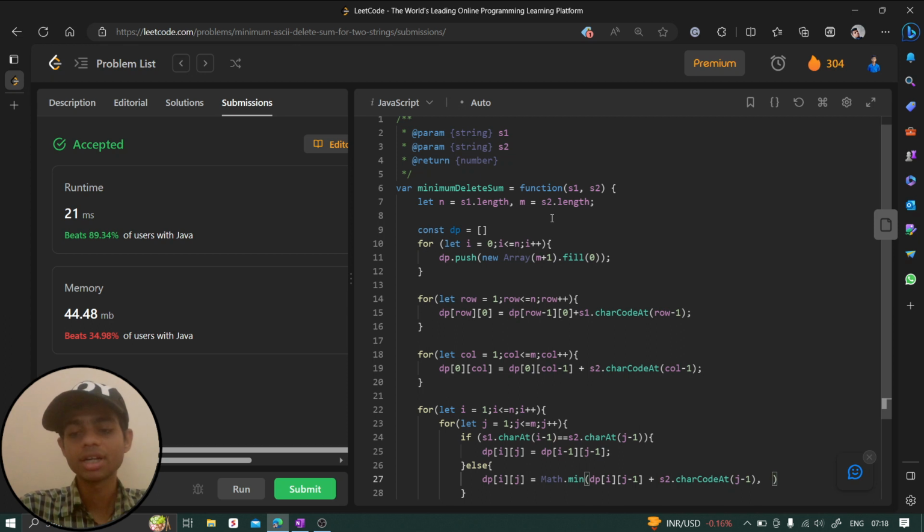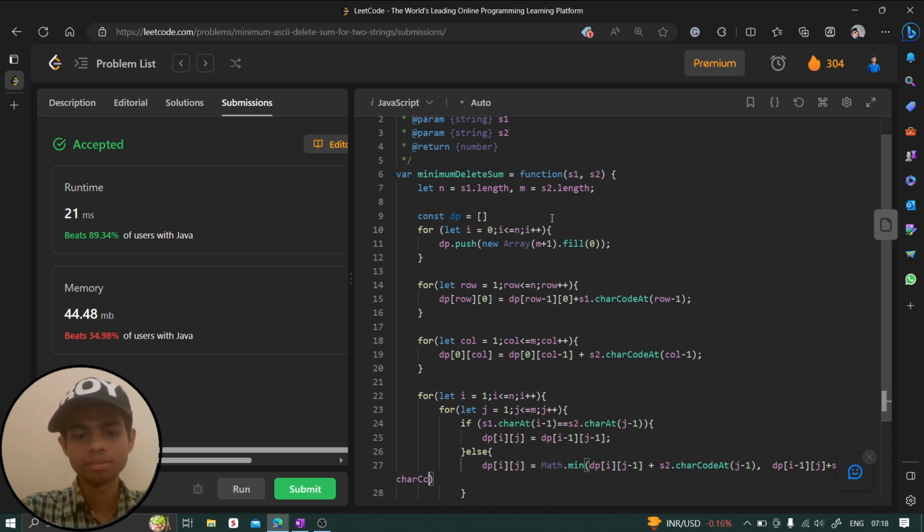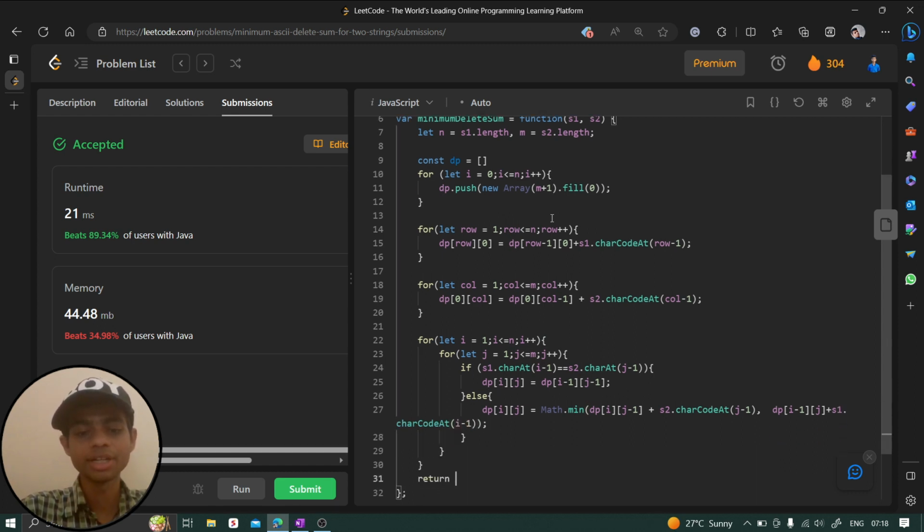Or you can delete a character from s1. For that you can say dp[i minus 1][j] plus the ASCII value. So you can say s1.charCodeAt, and here you can pass nothing but i minus 1, right? Once this is done, you come out of this for loop, and you can return dp[n][m]. And after that you can